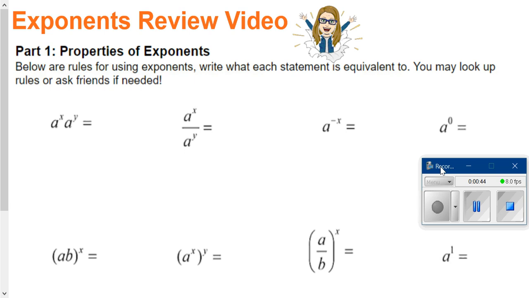So I'm going to start out with having you just try these 8 properties. These are all written in general form. So we used the variables a and sometimes b for the bases, and we used the variables x and y and the numbers 0 and 1 as exponents. I would like you to take approximately 2 minutes and write down what you think each of these are equal to. It does say at the top you can look up rules or ask friends,